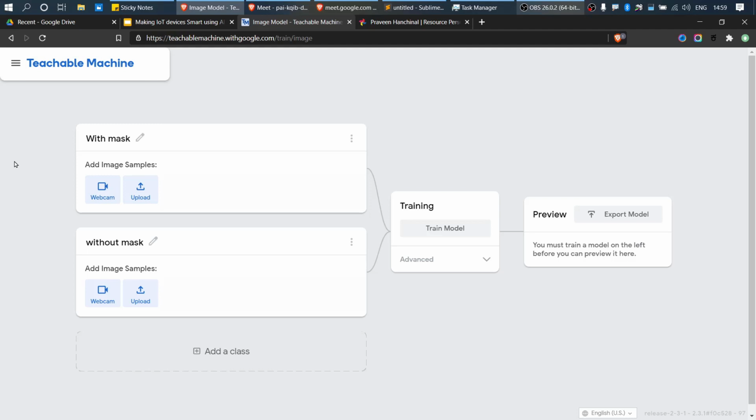Then you should be able to identify the faces. Right now I cannot do all that procedure, but I can give you an idea of creating a model and exporting a model and how to export that model into IoT. So we shall have a discussion on that.